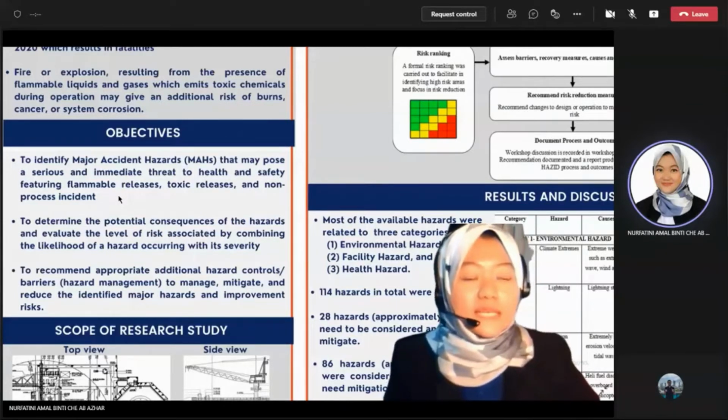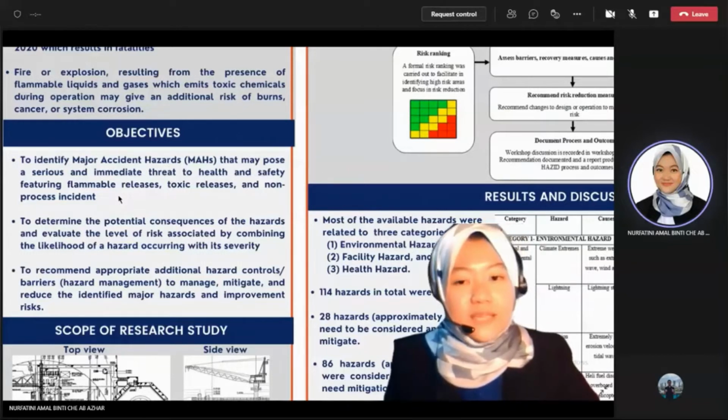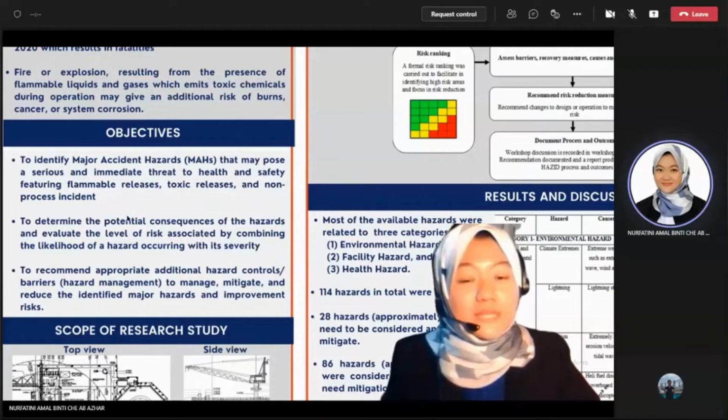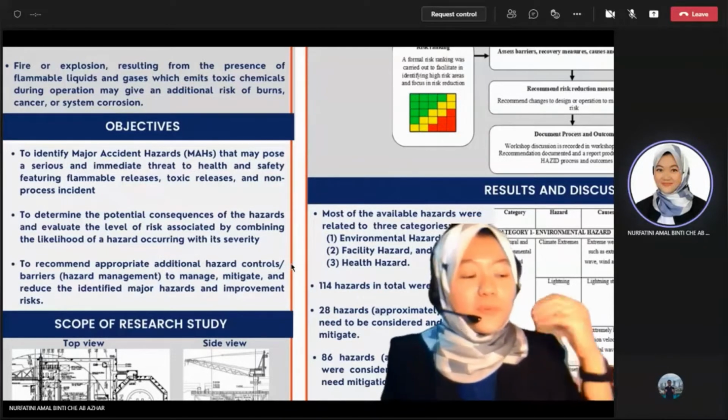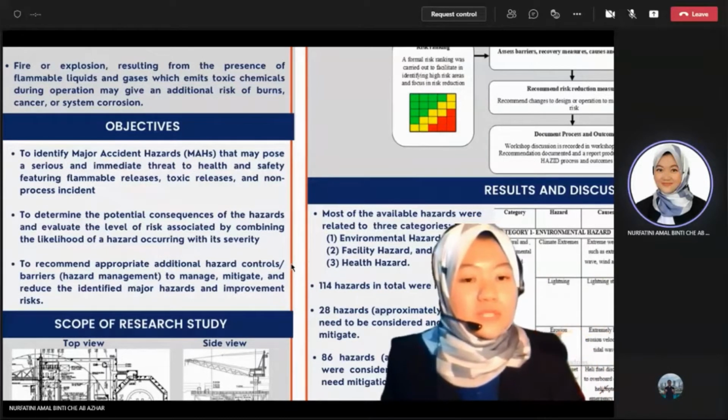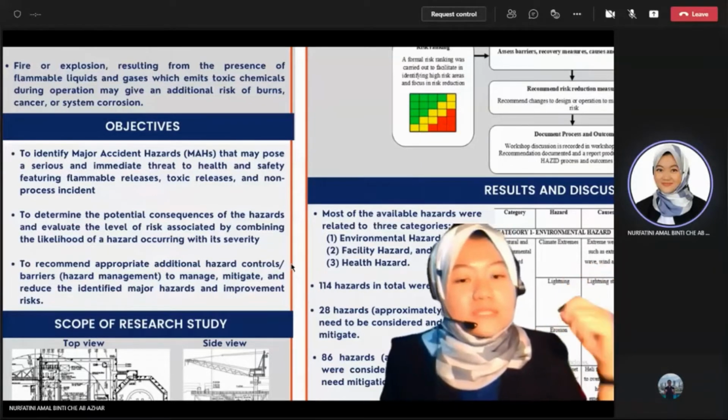Next, it is also to determine the potential consequences of the hazards and evaluate the level of risk by combining the likelihood of a hazard occurring with its severity. And lastly, to recommend appropriate additional hazard controls or barriers, to propose mitigation or safeguards to reduce the risk